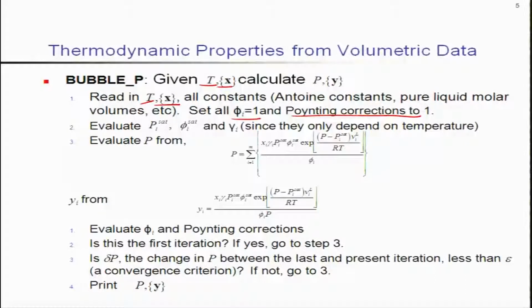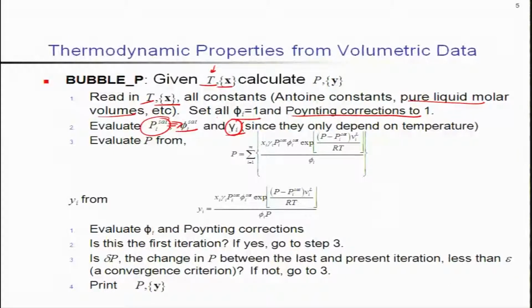Now, given this information, and as you are given T, for a given T and Antoine constants, you can find out Pi sat for all the components, for all i's. Okay. All right. So, you can also find out phi i sat, and gamma i. Okay. Now, phi i sat you can find out by using the volumetric information. This is for the pure system, remember that. So, we should be able to directly use the molar volume properties given here for pure liquid volume, integrated with respect to the pressure from 0 to P sat. Given that you have calculated Pi sat, you should be able to get phi i sat, as well as